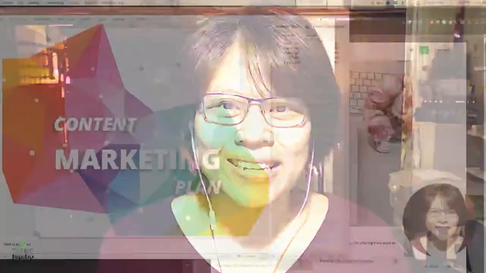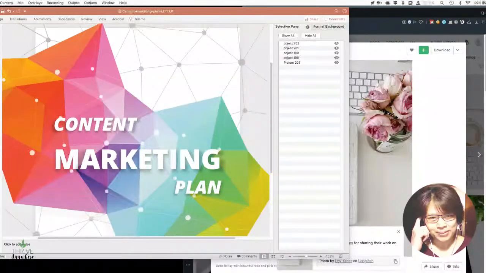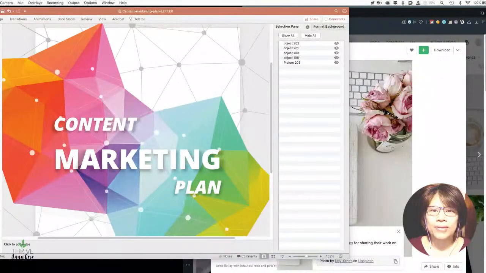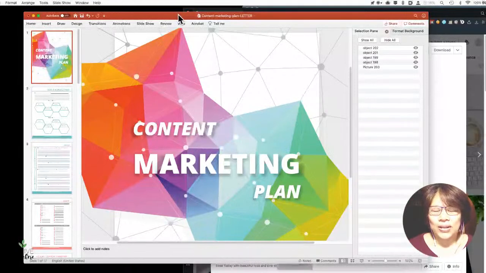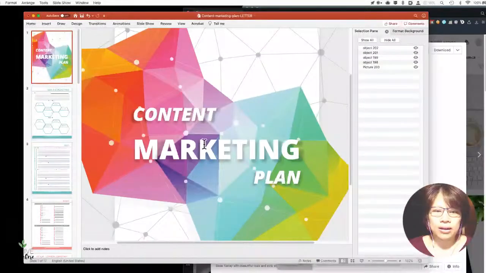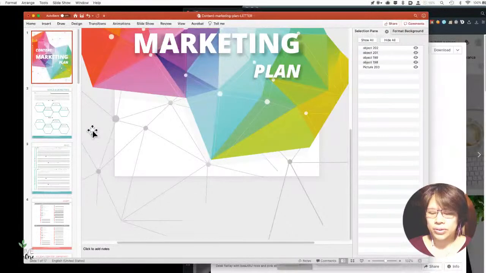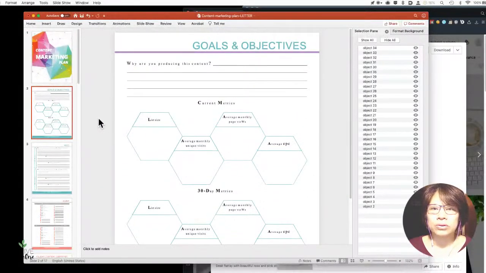So without further ado, let me just jump right in and let's open up this file. Let me first of all switch my screen so you're not just watching me, so that you can see the screen here. All right, so right now you should be able to see my file opened in PowerPoint, and I'm going to move my screen. All right. So okay, this is the planner that we released here at Thrive Anywhere in our store, and